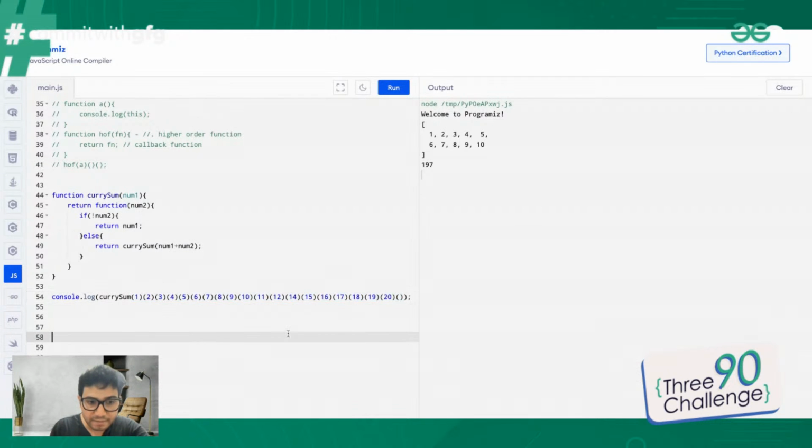Now I hope this is clear to everyone. Let me see if there are any questions on the chat. I don't see any question on the chat, so